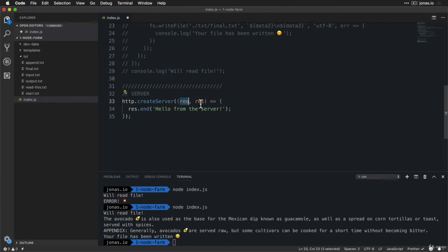On the other hand, this response object gives us a lot of tools for dealing with the response, so for sending out the response. The simplest one is .end. The naming of this method will make a bit more sense later. For now, just note that this is the simplest way of sending back a very simple response. That's really all we have to do to send back a plain text response when a certain